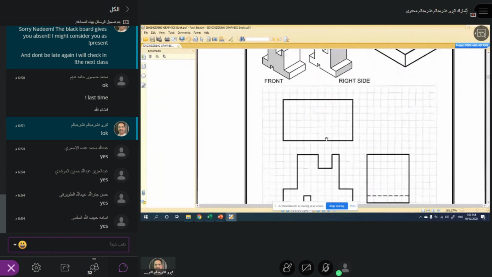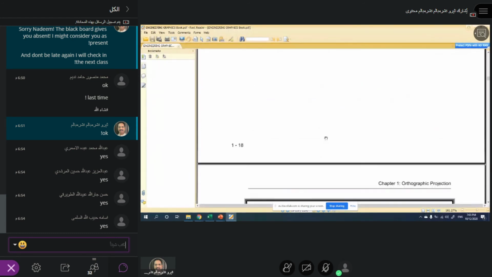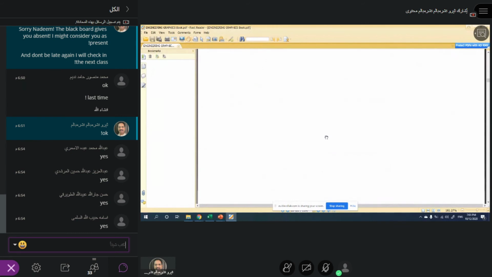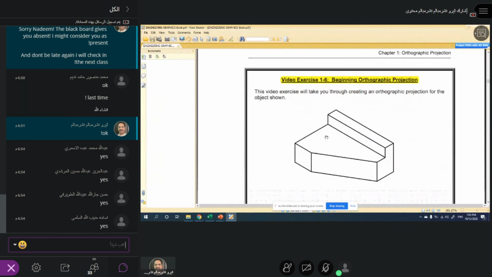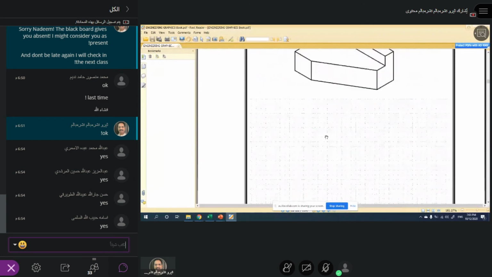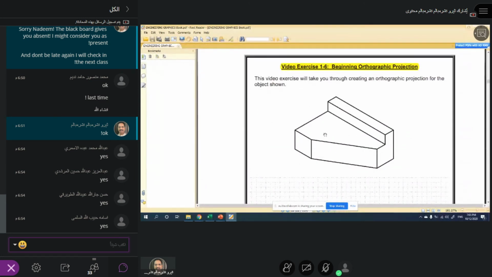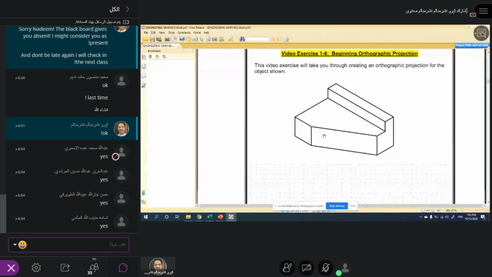Okay, please do this. Missing lines. This one. Okay, this is orthographic projection. All right. So please, with any scale, with certain scale now,